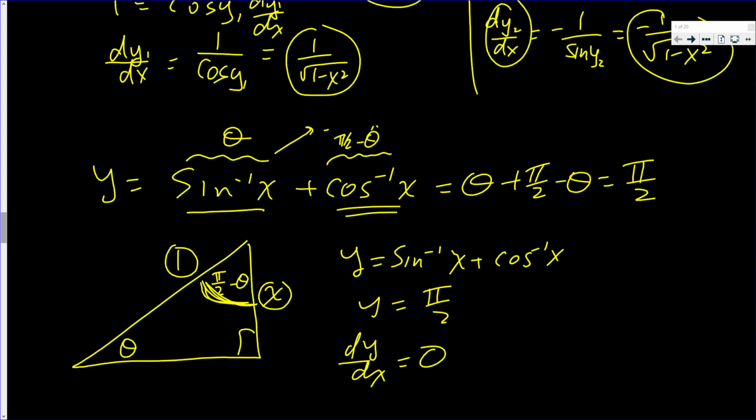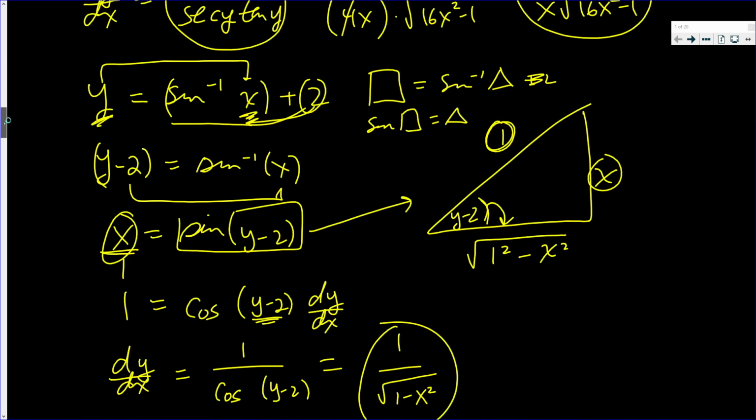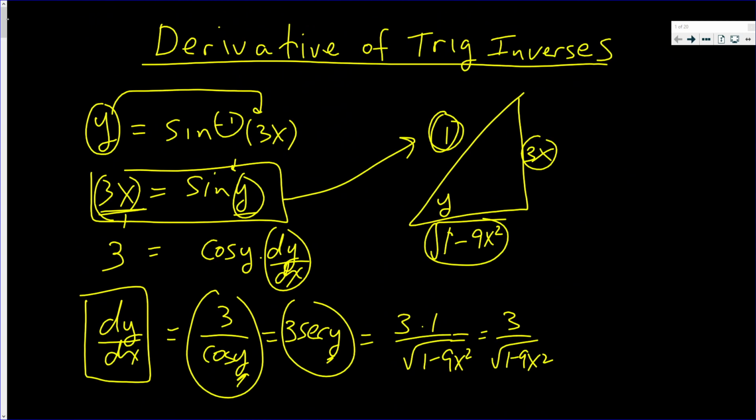In my opinion, don't memorize the rules, because in a couple of years from now, if not in a couple of months from now, you're going to forget the rules. I do not remember the rules, but I can still take these derivatives because I know how to take derivatives, and I know that all you do is switch these. That's the definition of inverse. And I just take the derivative of both sides. I get my answer in terms of y, and then one of the equations helps me convert